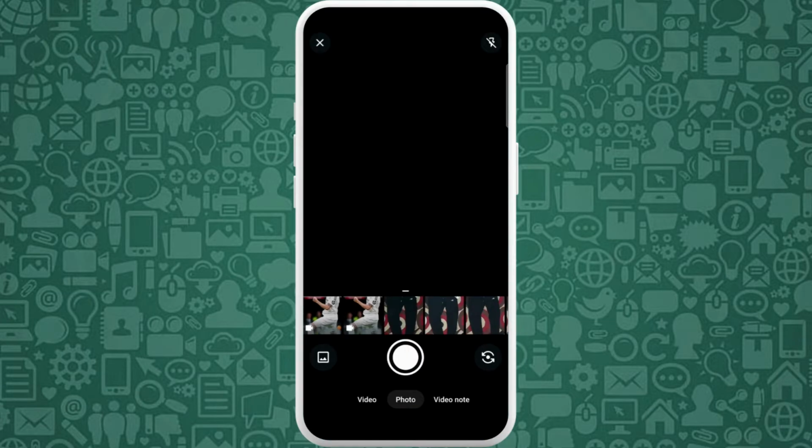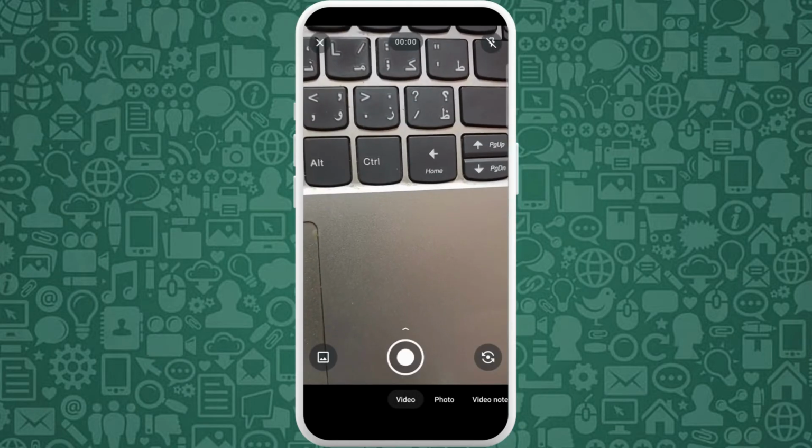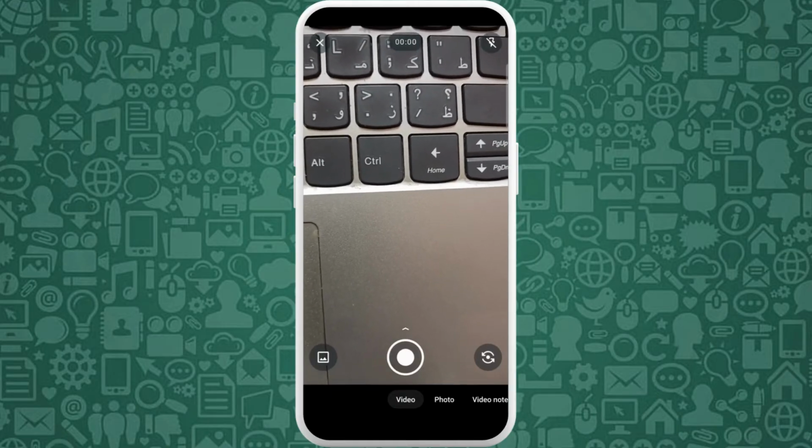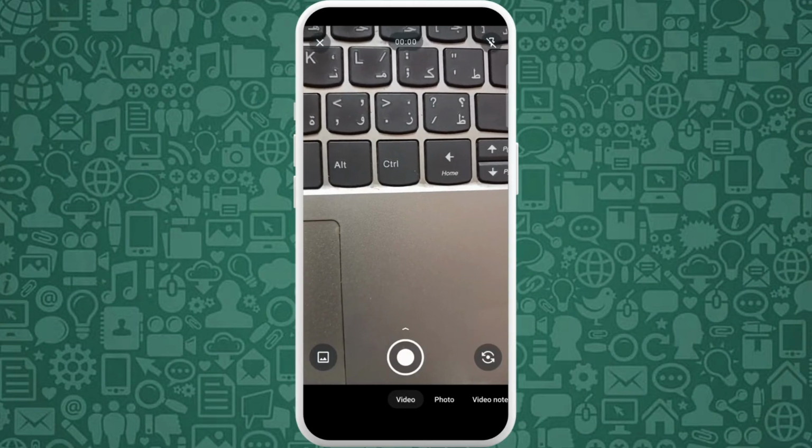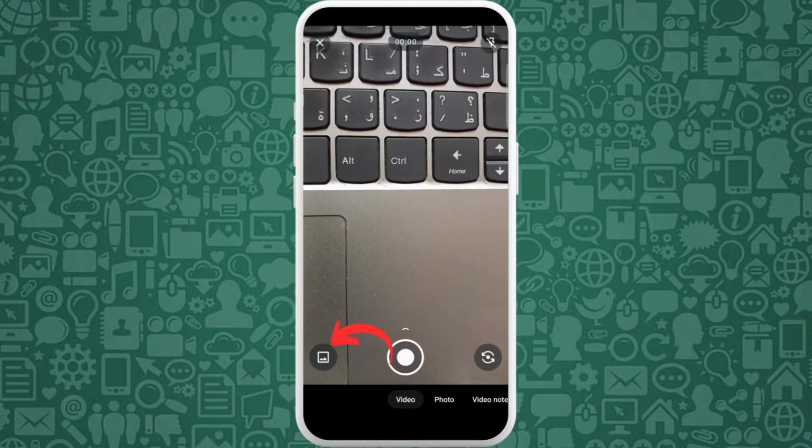You can click and send a photo from here. But if you want to send a video message, you can select any videos from your gallery, or you can even record a video right away. Here you can see the video option. Tap on it. You can press the start button and it will record the video and you can send it in your chat. If you want to send a video message from your gallery, you can tap on this photo